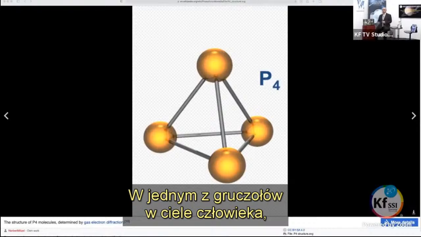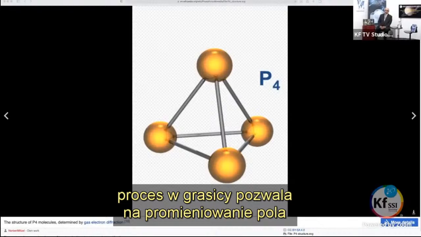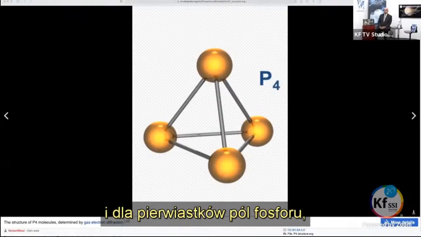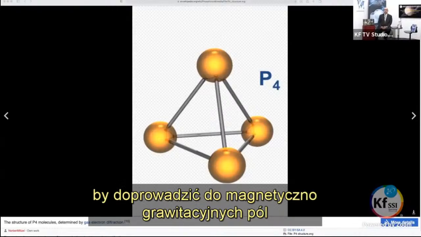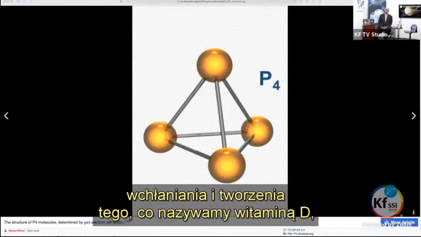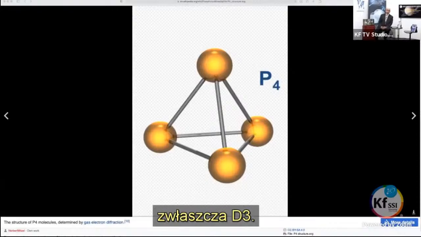In one of the glands in the body of the man, the process in the thymus allows the field radiation to form elements of the fields of the phosphor and the sulfur in the digestion system of the man, to lead to the magnetic gravitational field of absorption and creation of what we call vitamin D, especially D3,